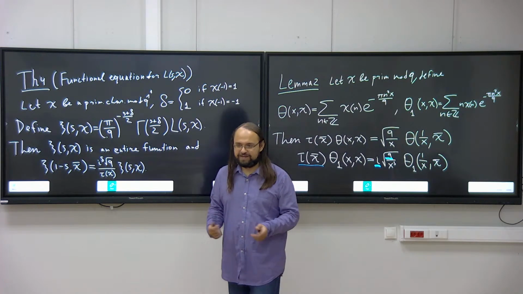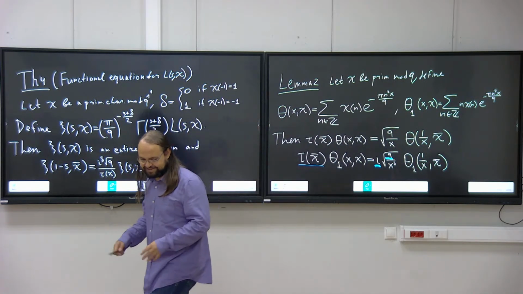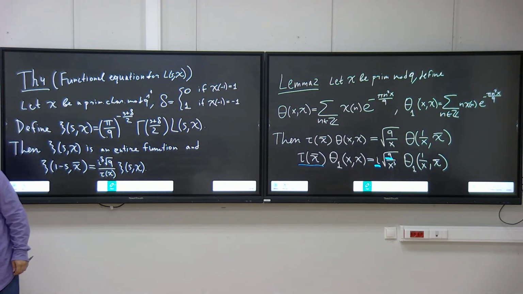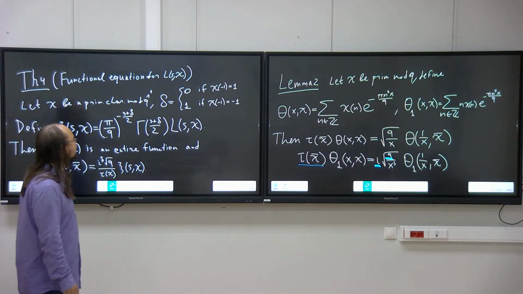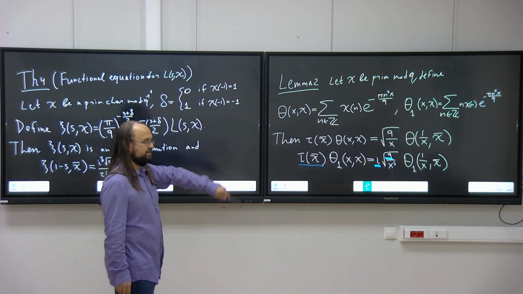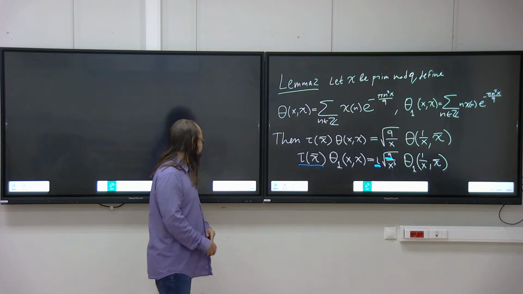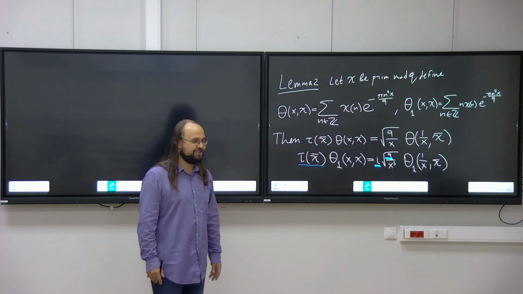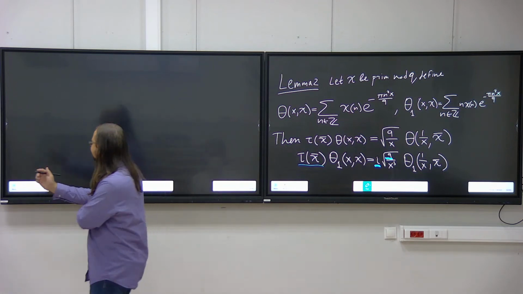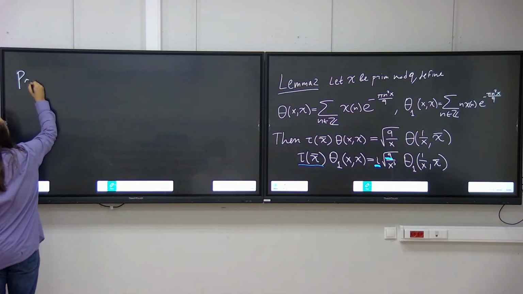So it is very similar, but it's different. Okay, so once again, let us prove it only for odd characters, for the odd theta function, theta 1, and for the even theta function this will be an exercise. So, proof